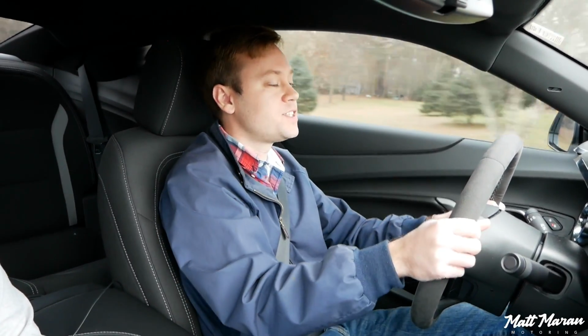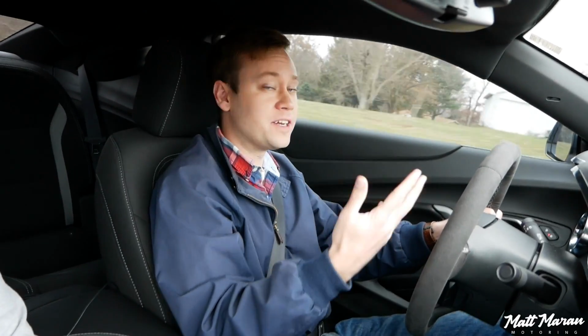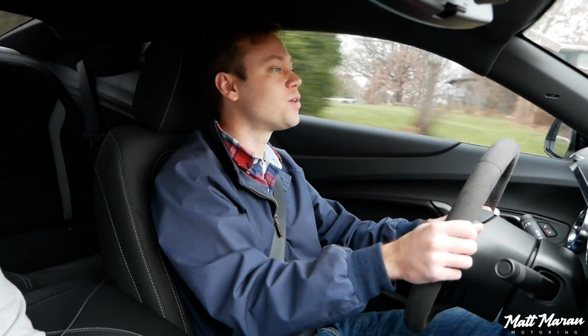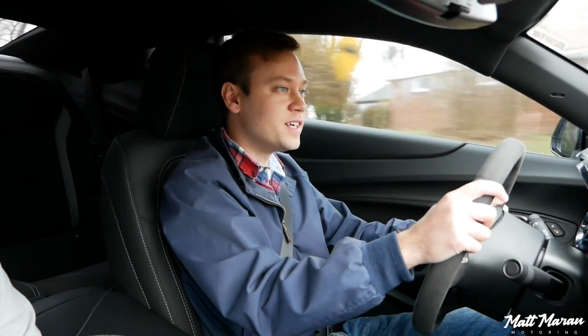They're not huge changes here, but I do think that Touring kind of exaggerates the car's eagerness to dive in, because it really does want to dive into corners. You have so much grip here that it really feels eager. Now, I will say,